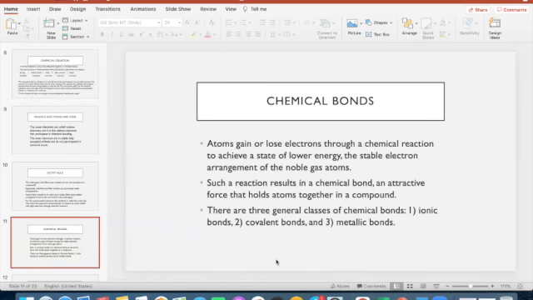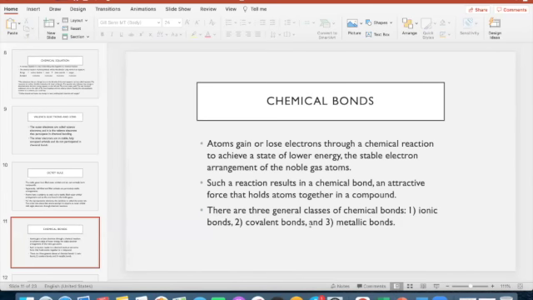Back to chemical bonds. There are several different types of chemical bonds: the ionic bond, the covalent bond, and the metallic bond. Anytime you have atoms that gain or lose electrons through a chemical reaction to achieve the stability of a noble gas, the resulting chemical bond is the force that holds the atoms together in the compound. Again, there are 3 types of chemical bonds: